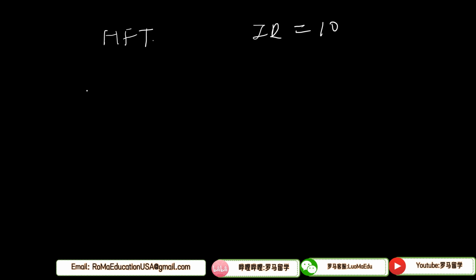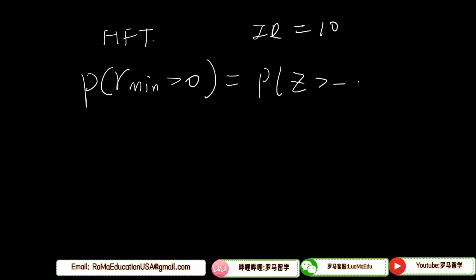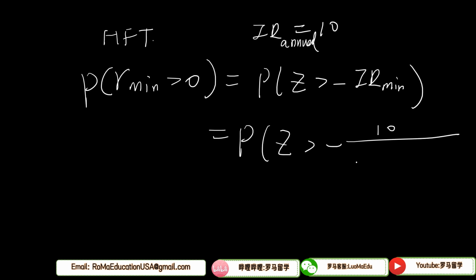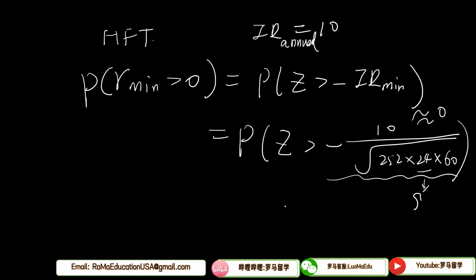And let's move to a more frequent perspective. The more frequently you trade, if your average return does not change, usually the information ratio will be higher due to the central limit theorem. For example, if the information ratio is equal to 10, I want to calculate the probability of winning in every minute. So let's first transfer the annual information ratio to the minute level, and we get 10 divided by the square root of 252 times 24 hours per day, or 9 hours per day, whatever you want, and 60 minutes per hour. And you will see this ratio is very, very close to 0,